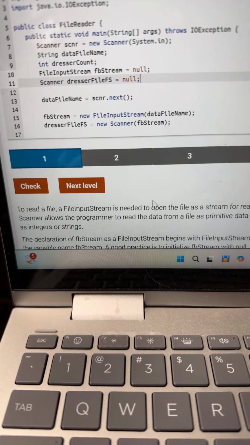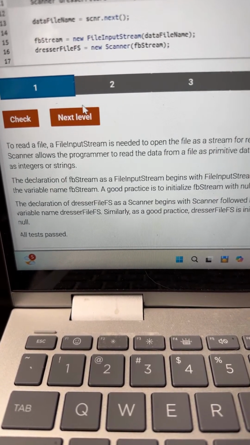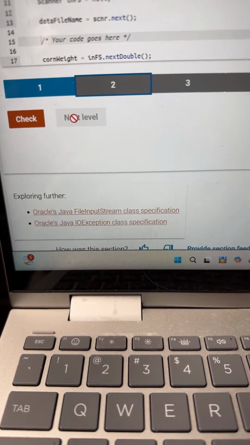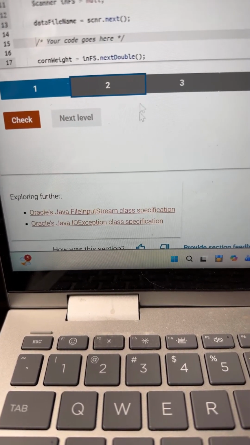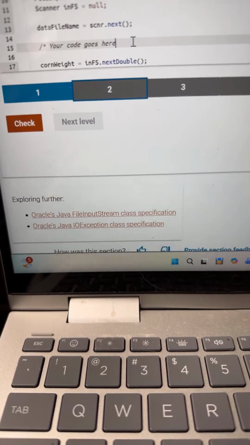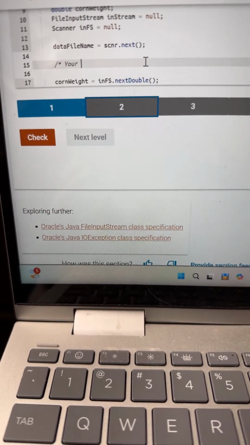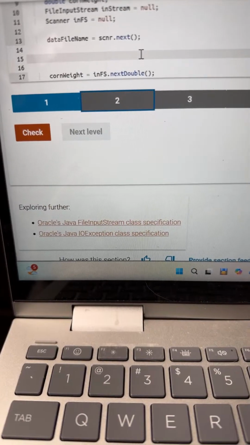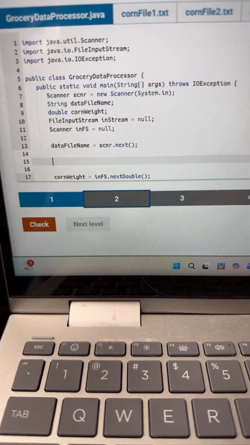Nice. I'm actually gonna stick around. Next level. Let's go. Your code goes here. What's this next one gonna be? Next one, we got